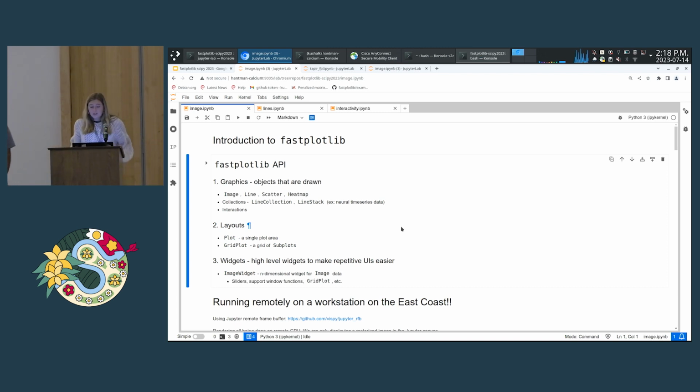Hello. So as Kushal mentioned, I'm going to spend the remainder of our talk walking through some demos to highlight the Fastplotlib API and show you some cool features. But before we get started, I just want to give a brief overview of the Fastplotlib API. There are really three main components, the first being graphics, which are objects that are drawn, such as an image, line, scatter, or heat map, etc. These graphics get added to layouts, such as a plot or a grid plot. And then lastly, we have widgets, which are high-level widgets to make repetitive UIs easier to create. So for example, this would be something like an image widget, which allows you to really easily view and interact